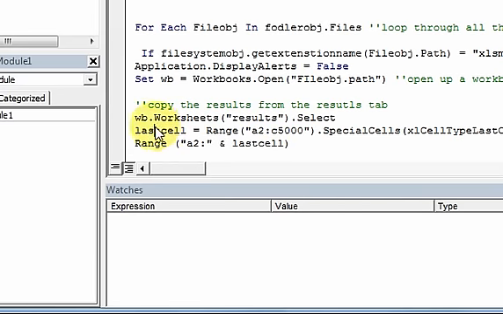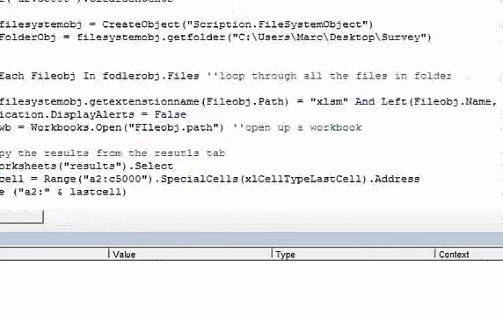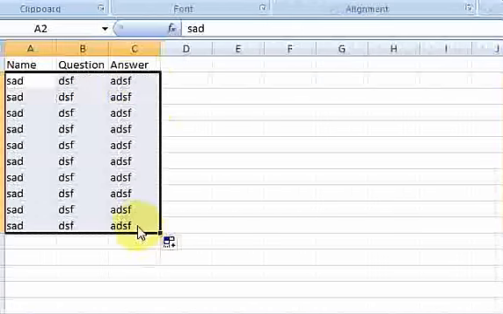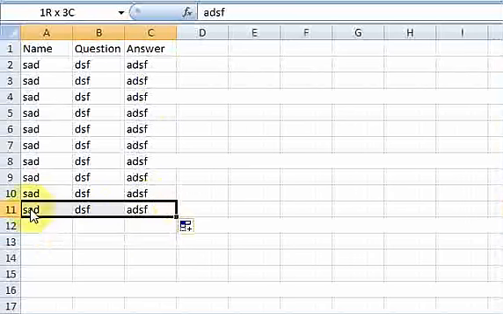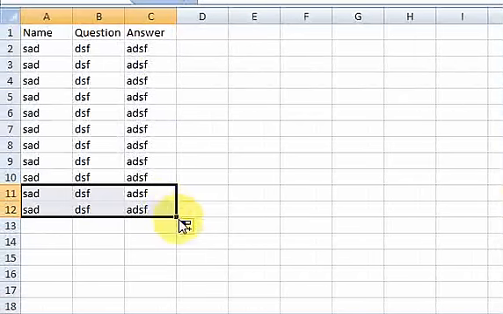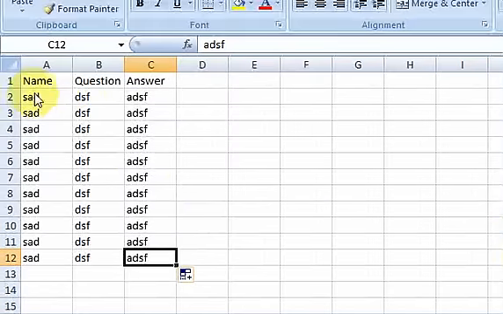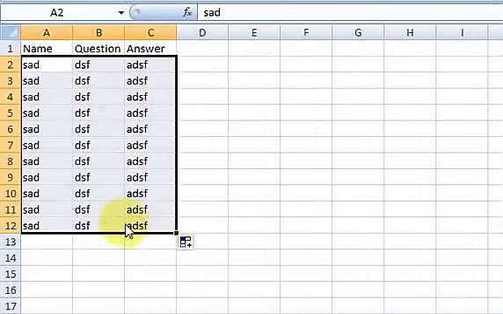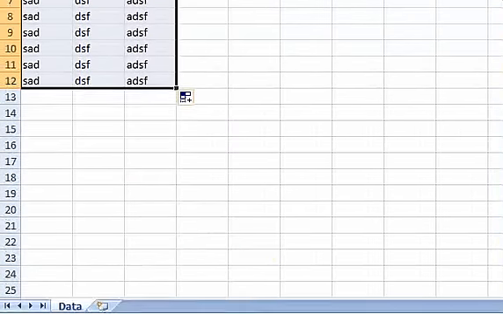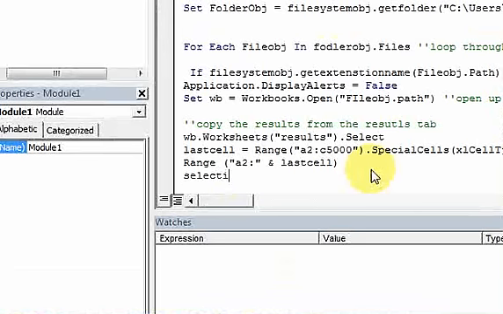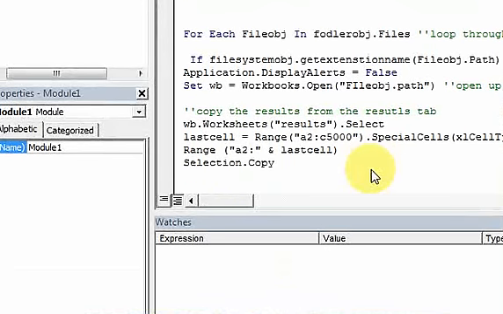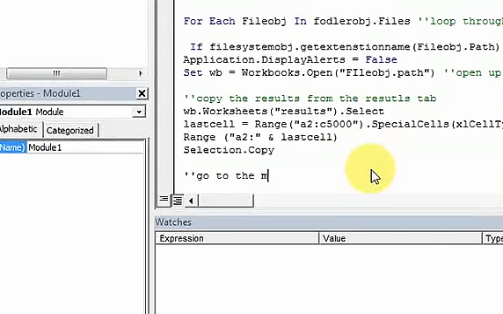So that's why this last cell, if there's 500 questions, and let me just copy this down, the last cell would be here. Or if there's one more question, then the last cell will be here. So what I'm doing is saying select cell A2 to that last cell. That's what this line of code does. Range A2 to the last cell. Okay? And then you do just selection.copy,